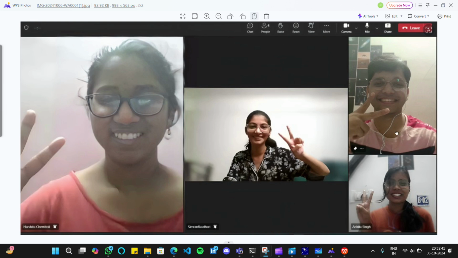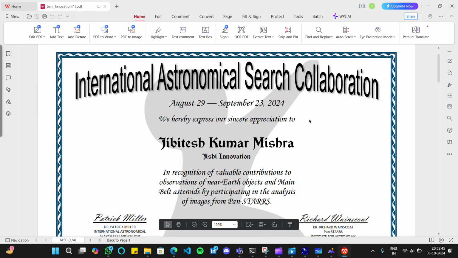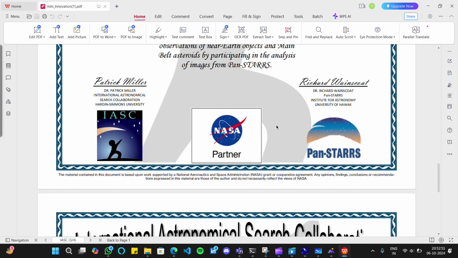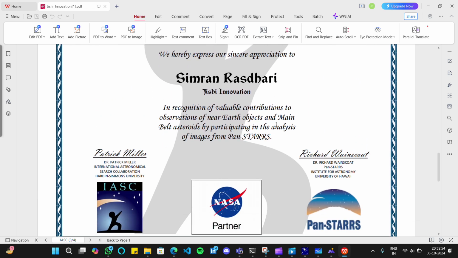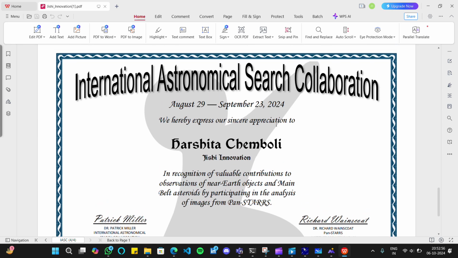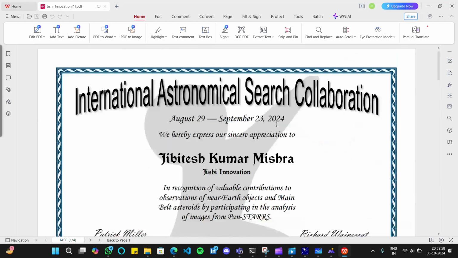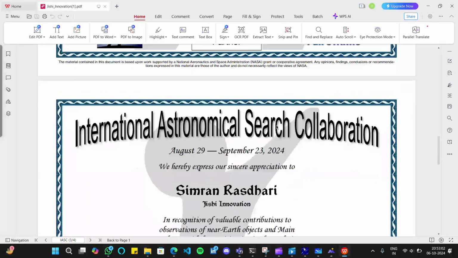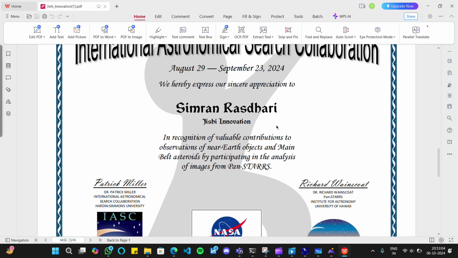The other thing that I want to share with all of you is the certificates. Here you can see, as I showed at the start of the video, my certificate, and this is my friend Ankita's certificate, and this is Simran's certificate and Harshita's certificate. We all are now citizen scientists. I hope you also get this kind of certificate, but don't run for certificates.